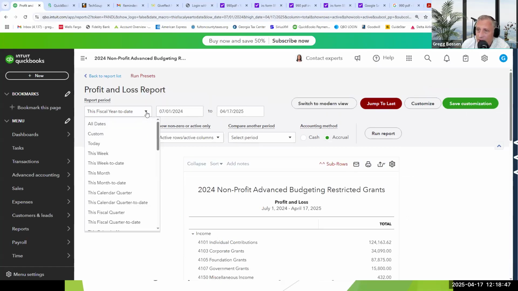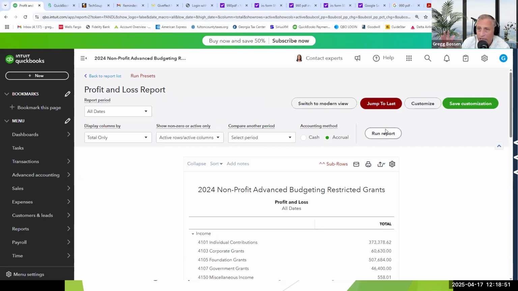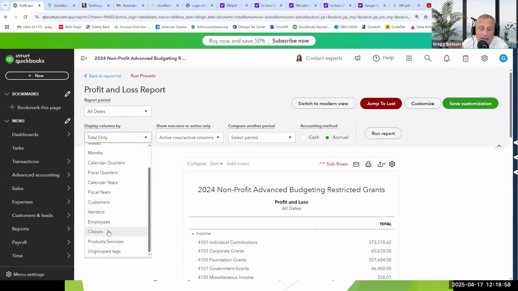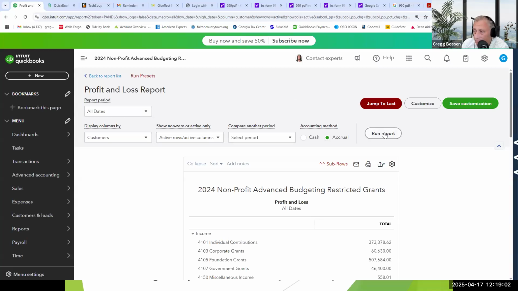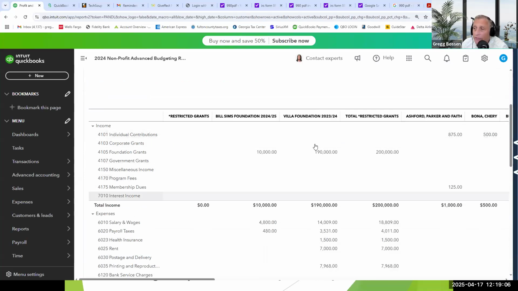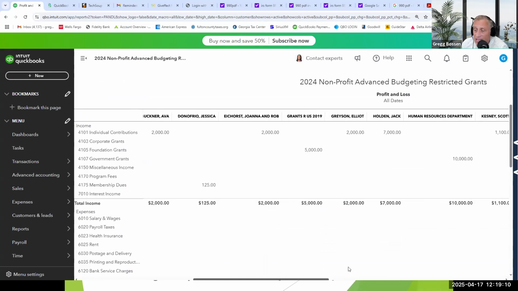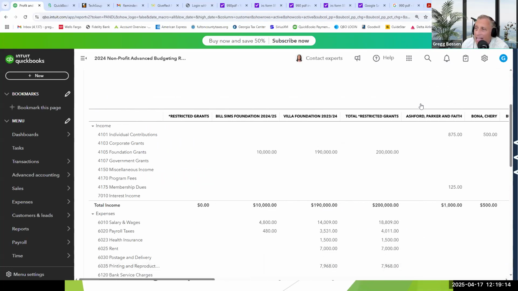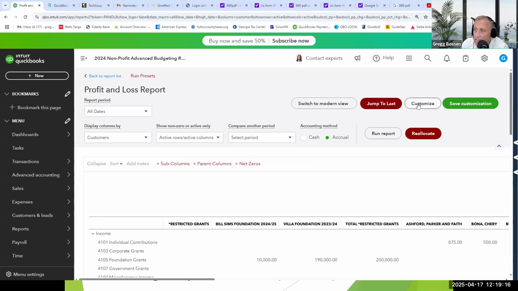I'm going to make the date range all dates because grants run between fiscal years. I'm going to make the columns, instead of the columns being by class, that gives me the why, I'm going to make it by customer. It's going to give me a P&L not only for the grants, but for every single transaction that I pointed to a customer. So that's a little much, but I can customize this report,